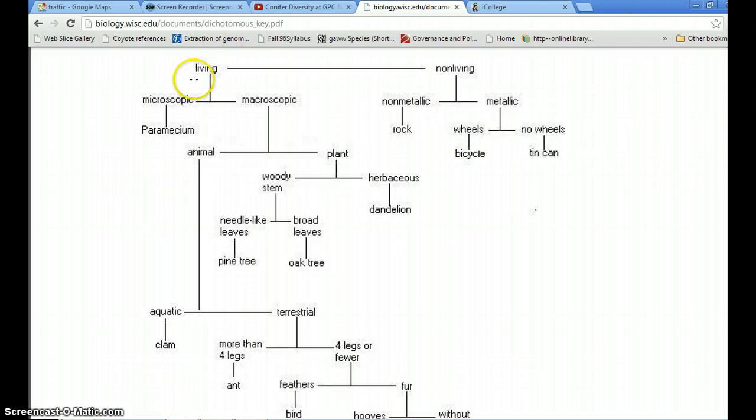And then over here, the living, it's either microscopic, which is paramecium, or macroscopic, every other living thing on that list. And then it's either an animal or a plant. The plants either have a woody stem or herbaceous. If it's herbaceous, the only herbaceous plant in there was the dandelion. And you can see how it's just a series of yes, no questions or statements that would allow anybody to